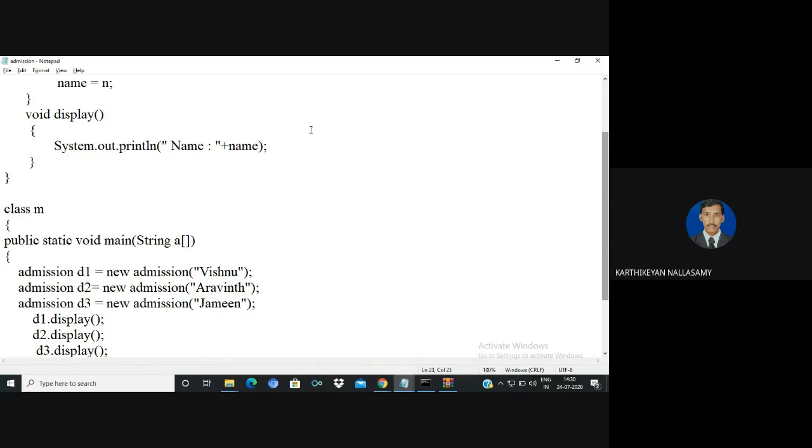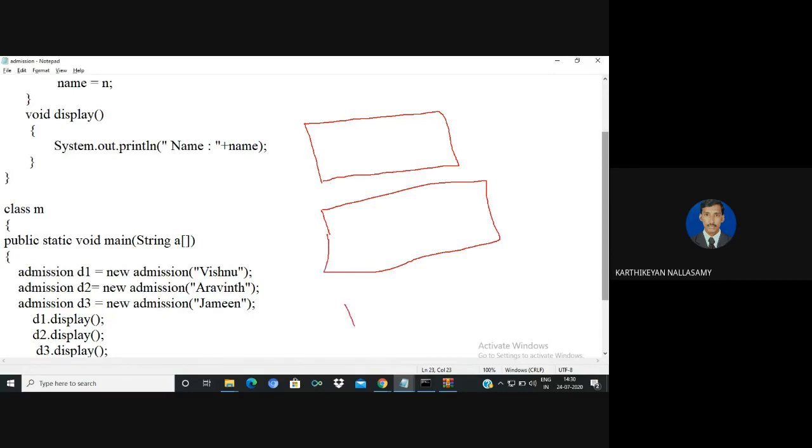Sorry, again I need to redraw it. I will repeat once again. This is for D1, this is for D2 and this is for D3, and every object contains only one instance variable, that is called name.